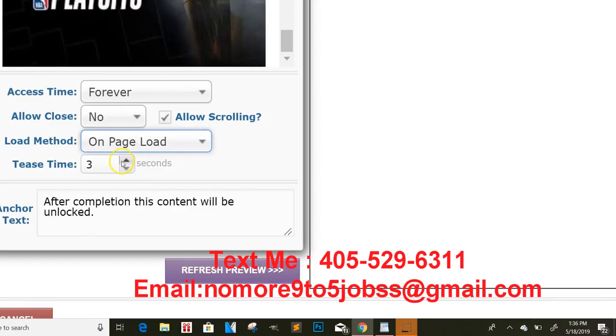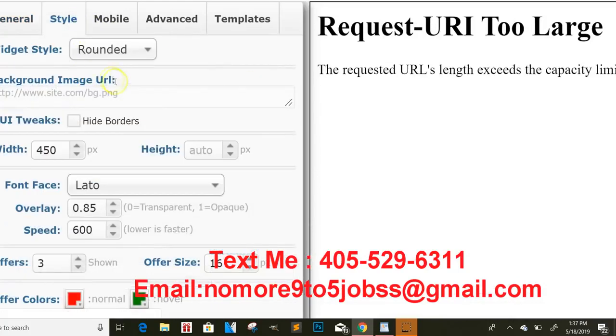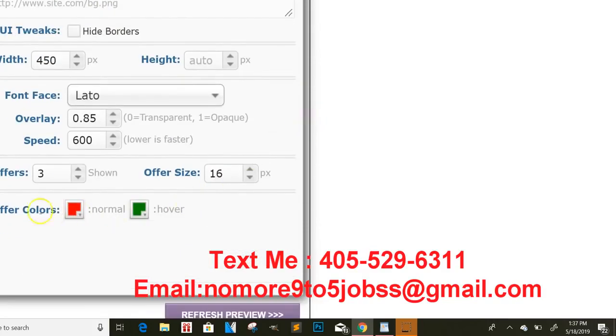Now tease time, I told you guys, this is the amount of time that they can access the page before the content locker pops up, so we'll say about 4 seconds. Okay, and then when you click on style, you don't have to worry about background image since we already added an image. What colors do you want your offers to be? How many offers do you want?